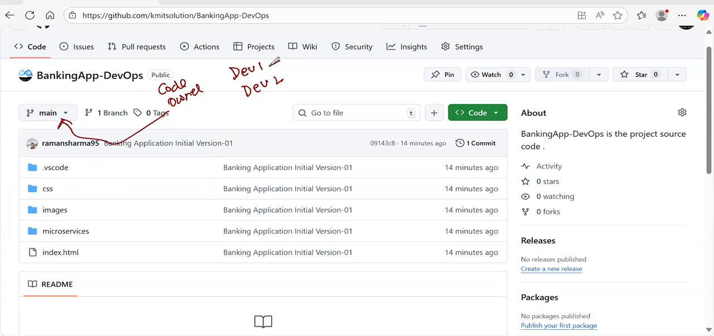For dev1, I will create another branch, which is the dev1 branch. And for dev2, I will create the dev2 branch. These two developers are working on their laptops and they will submit their code into their respective branch. Once the code is reviewed by the code owner, it will be merged into the main branch. We will see how to create the branches on the local repository as well as on the